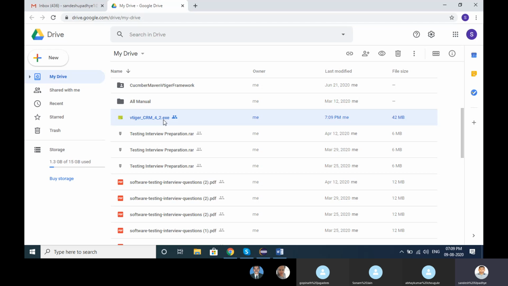So don't try it yourself. If you try yourself, it goes to registry edit, and if it is not properly installed, it is very difficult and time consuming to uninstall everything. So be careful, only download this exe file and I will guide you how to install it.